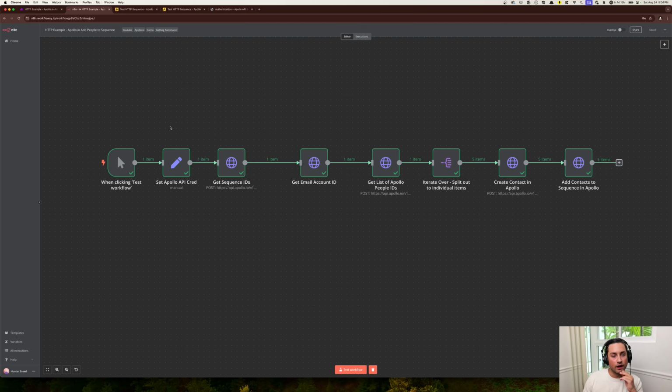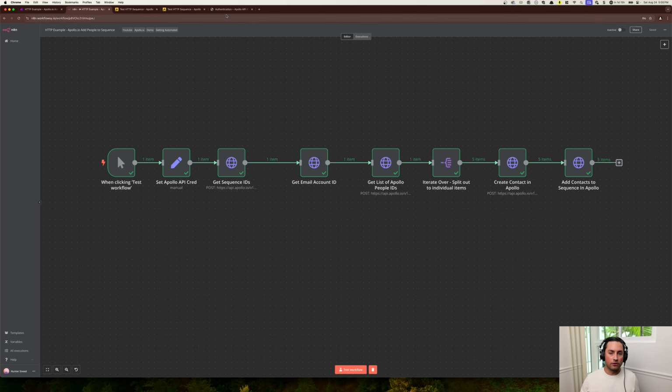So what I have here is a workflow where I basically do a couple things. I talked about get commands, and how you might need to go and get certain information first before you can actually do something with it to make a post call or some sort of call that performs an action rather than just returning information back. And so there's a couple things that I need for this all to work. I need to get what's called the sequence ID. So that's what I'm adding people into, really the campaign. And then I also need to get my email address that's going to be sending the campaign out. So in this case, it would be hunter@workflowzy.com. And then I need to get a list of people that I think would be a good fit